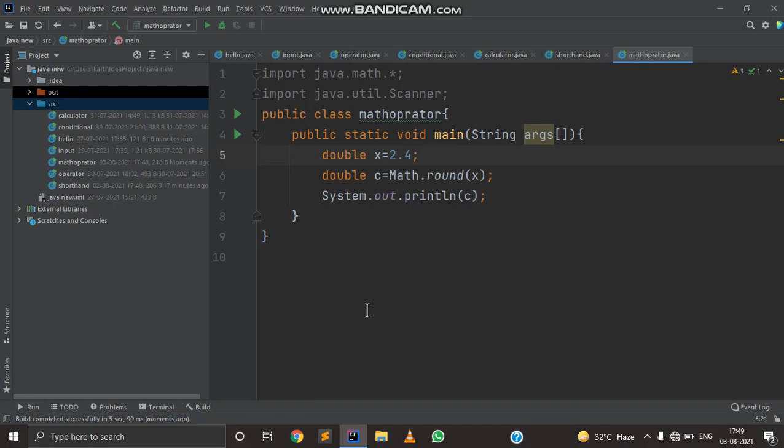Now I'm going to tell you about Math.abs. Math.abs returns the absolute value of the argument. If we have written something in negative, Math.abs returns the positive value of it. Like I have written a double, minus 18.09, and abs. The return type of abs is double.